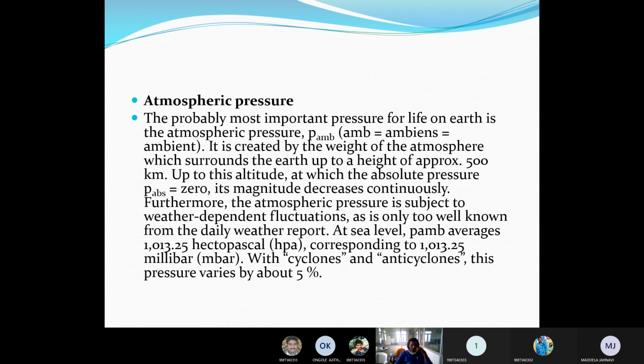The most important pressure for life on Earth is the atmospheric pressure. It is created by the weight of the atmosphere which surrounds the Earth up to a height of approximately 500 kilometers, up to which altitude the absolute pressure is zero and its magnitude decreases continuously. Furthermore, the atmospheric pressure is subject to weather dependent fluctuation, as is only too well known from the daily weather report. At sea level, atmospheric pressure averages